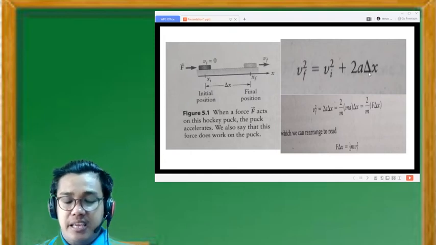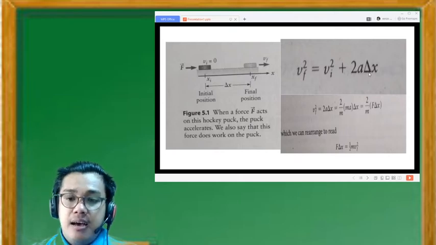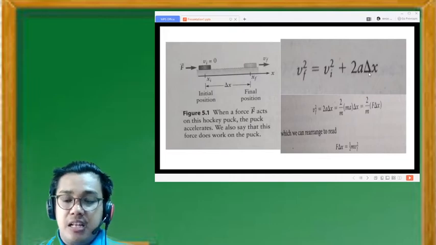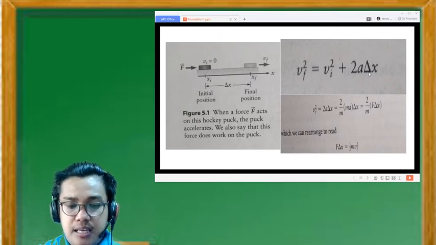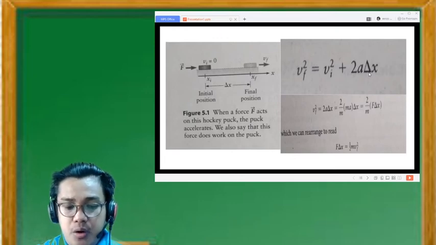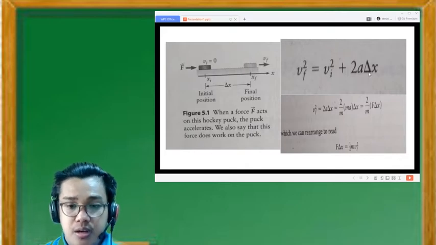Which we can rearrange to read: force times displacement is equal to 1/2 multiplied by the mass and the final velocity squared. In words, this result means that if we want to accelerate an object that starts from rest to a particular velocity, we can exert a large force over a short distance or a small force over a large distance. As long as the product of force and displacement is the same, the object will reach the same final velocity. The product of force and displacement in equation 5.2,